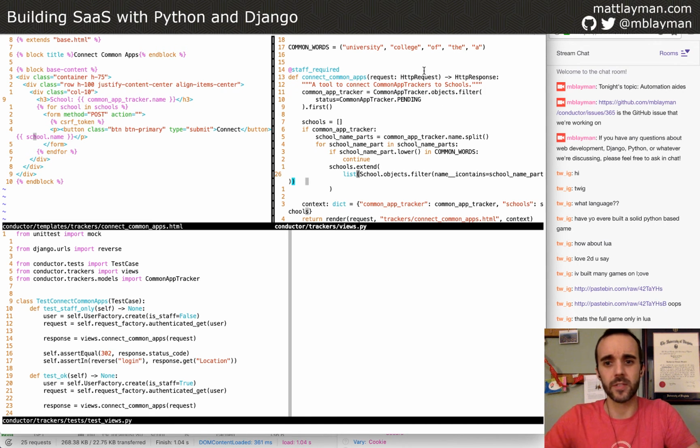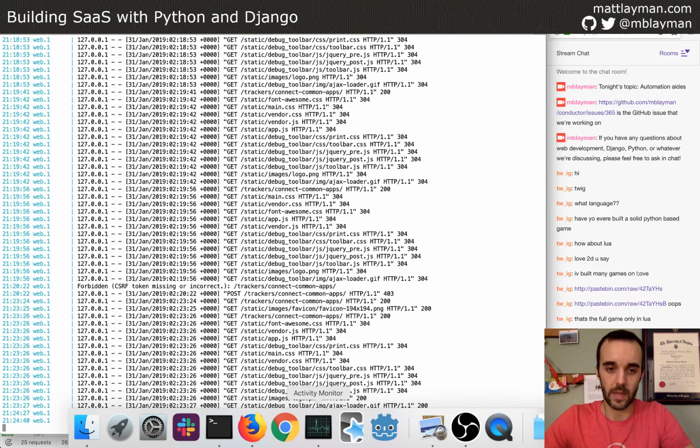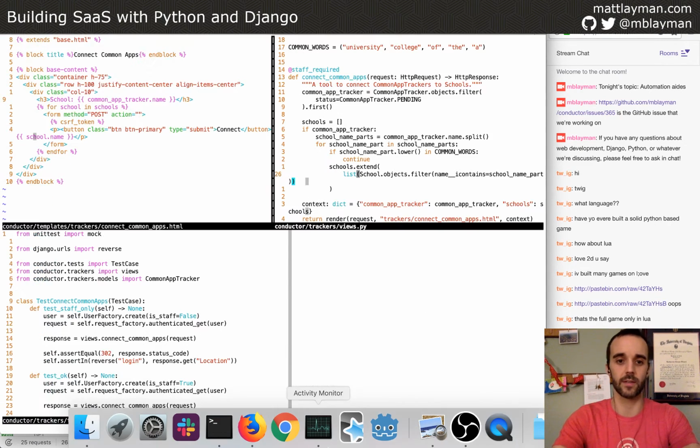And we can probably even see that if we go over to our logs. And here we go, here it is, down here. So this is where our log was saying we didn't have the token, and we fixed that, and we refreshed the page. And when we submit it again, HTTP 200 is the OK code, that's the successful code. So we now need to make our page react to the post request. That's the next step. So let's do that from a test, I think.